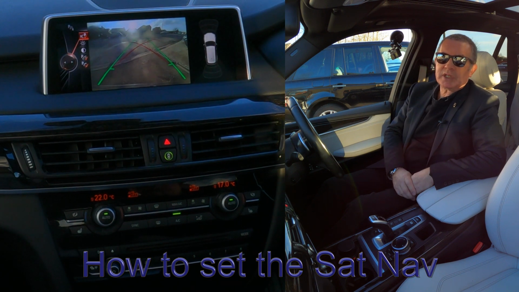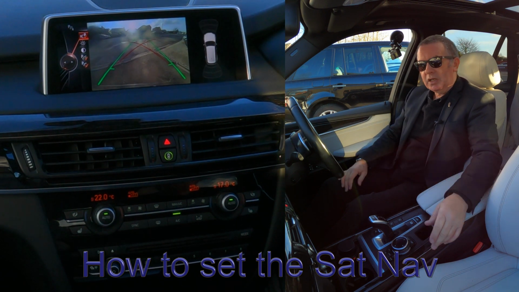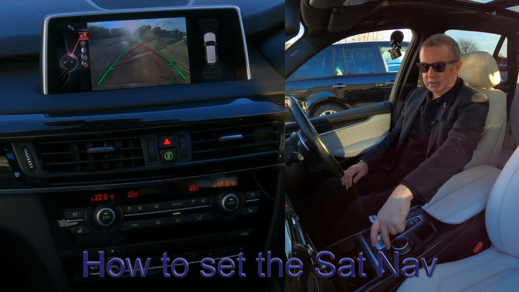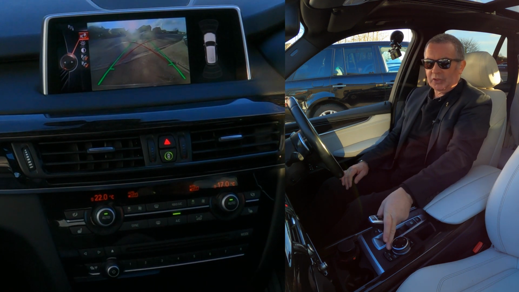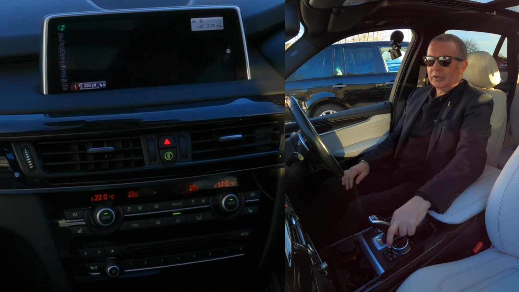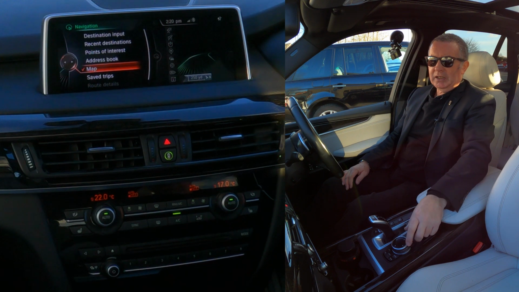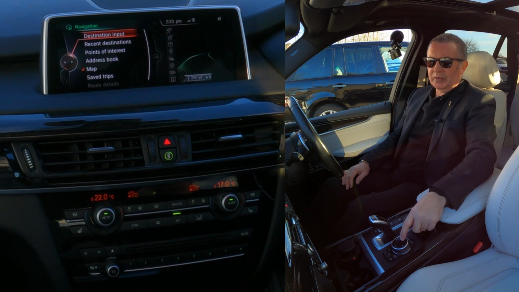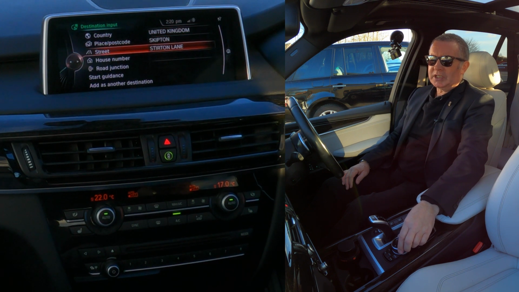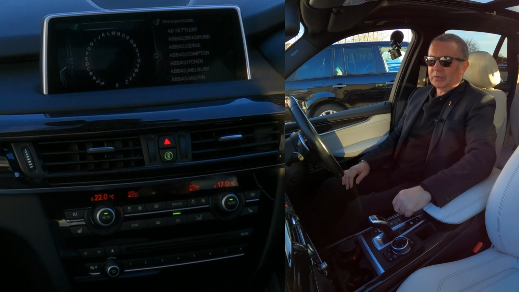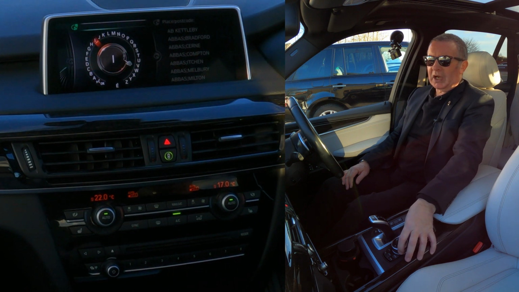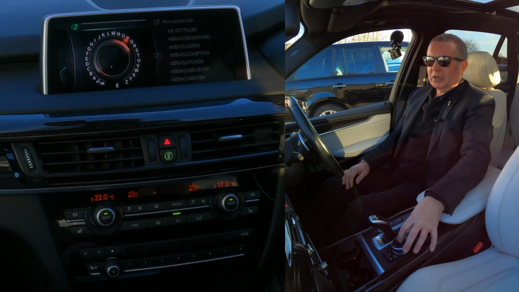Okay, I'll just show you how to set the Sat Nav in this 2014 BMW X5. So from any screen, you've got nav just here, the second one back on the right. So click on nav. If you click it again, you've then got destination input. The menu comes up, so we want destination input, and across here place and postcode, so that comes onto the rotary control. We're Grosvenor Garage, Chorley Road, Waltondale, Preston,